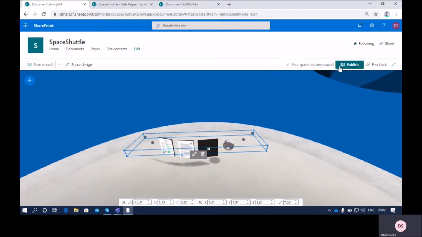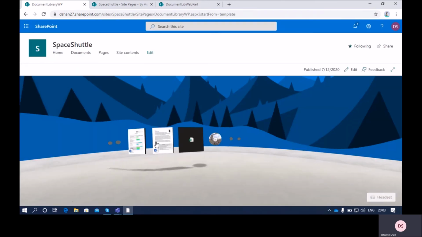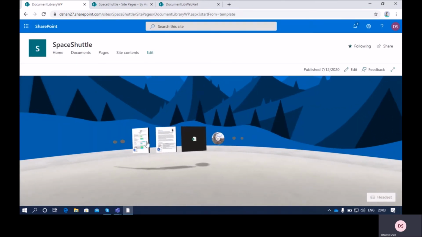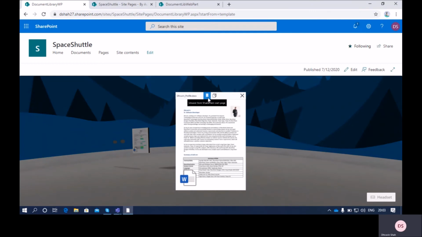Now let me publish this and let's check out the properties of the document library web part. I'm publishing this. So we can see that it is showing me the various documents available from my document library. Let's say if I open this, it will show me this option, like we can open the document in a new tab.